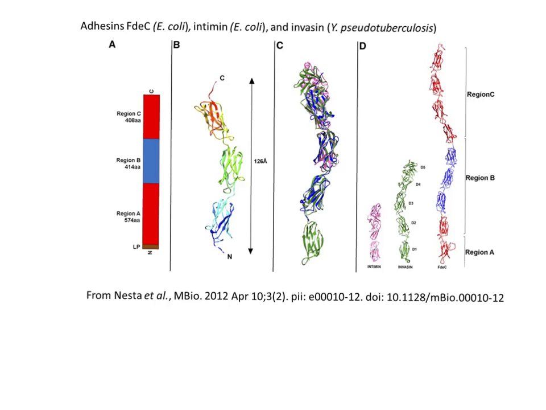And what they're doing in this particular picture is showing you the protein structure of FDEC, their new adhesin, and then they're showing you the similarities and differences between the adhesin intimin in a species called Yersinia pseudotuberculosis, and another,